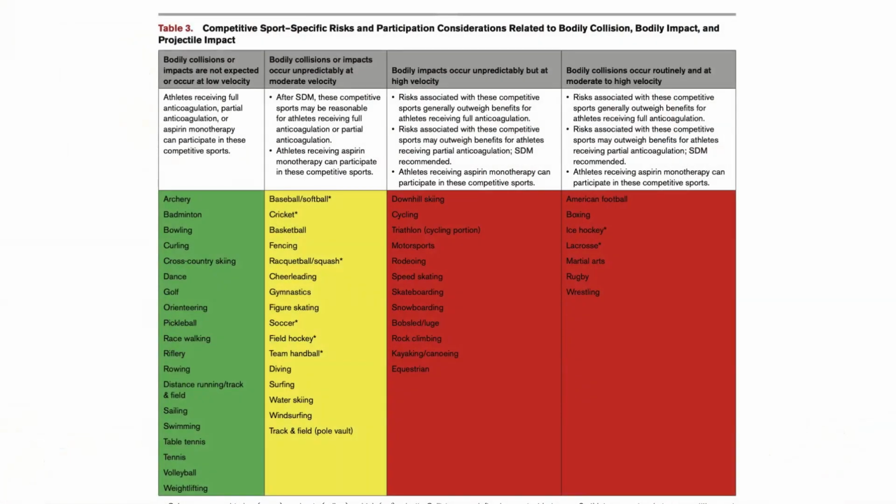One of the big changes over the last decade has been in anticoagulation. And so, in the original documents, there really was mostly just aspirin and Coumadin. There really wasn't much else. We now have a proliferation of medications that are more or less intensive at blocking platelet activity. So we've now created a table which gives a better sense of when bleeding is at high risk and when different levels of anticoagulation are going to be more or less important.